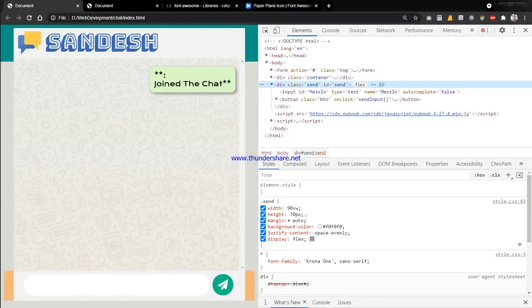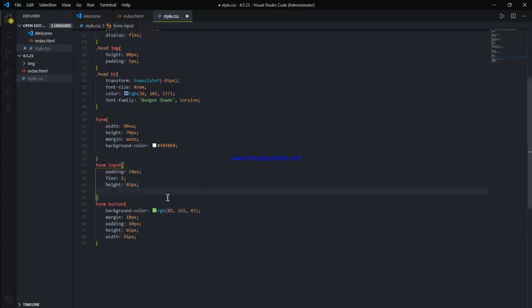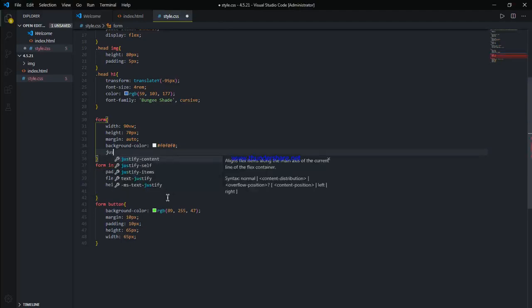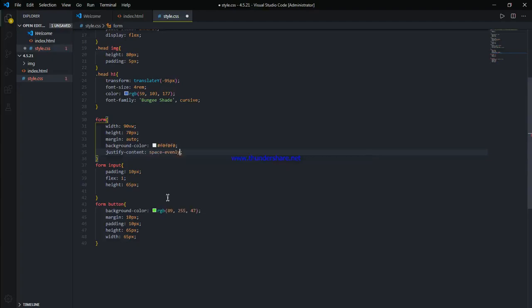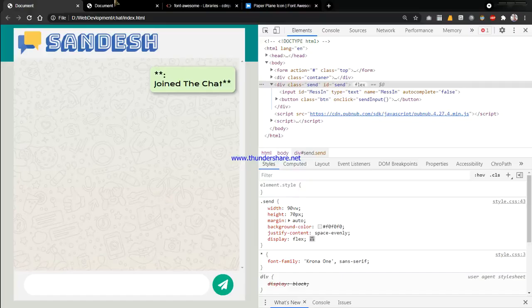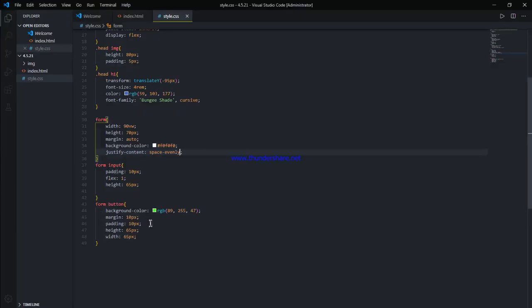Display flex, margin auto, margin should be auto, and justify content space evenly. Here it is, space evenly, and it should work a bit.